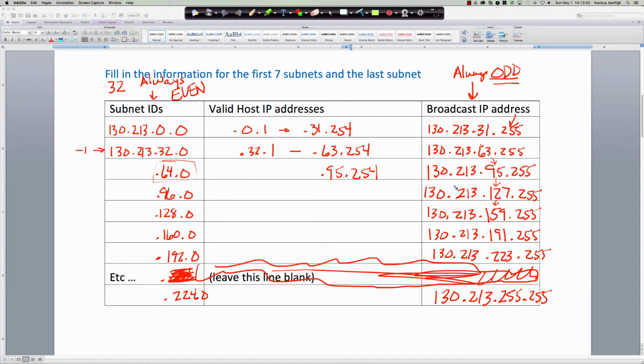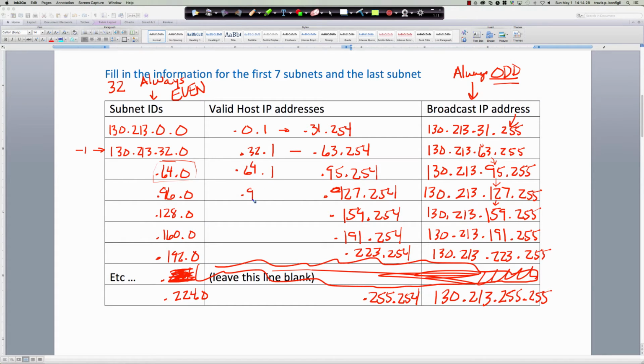It's just the IP right before the broadcast address. .127.254. .159.254, .191.254, and then .223.254, and finally .255.254. And we know the first address is pretty easy,